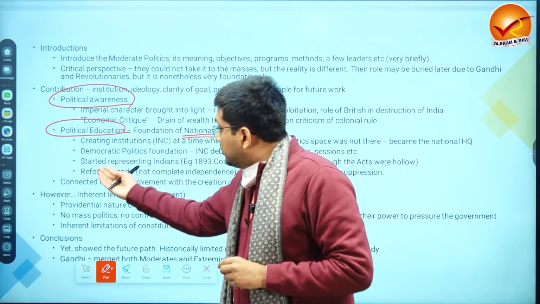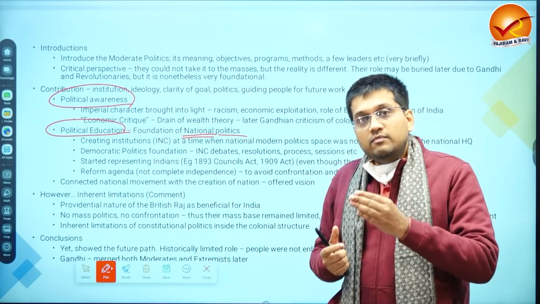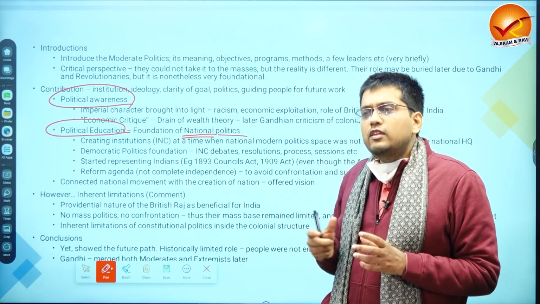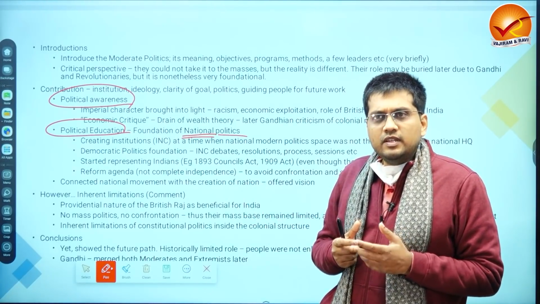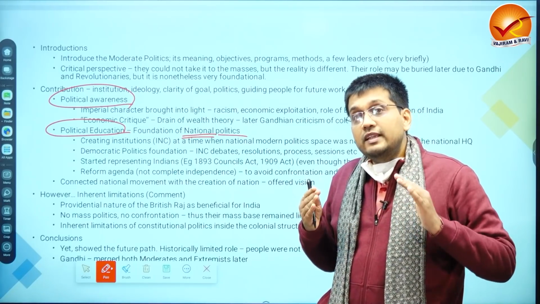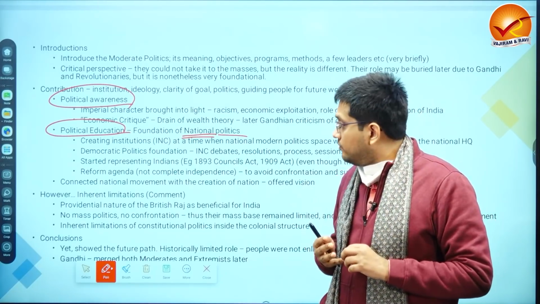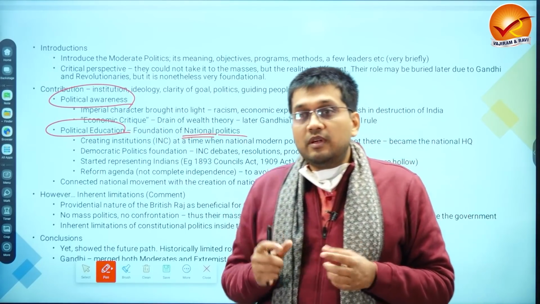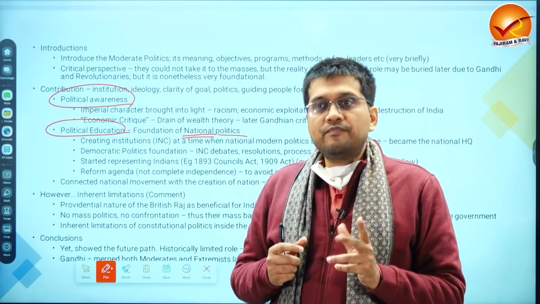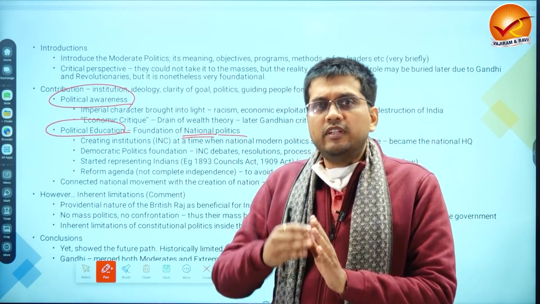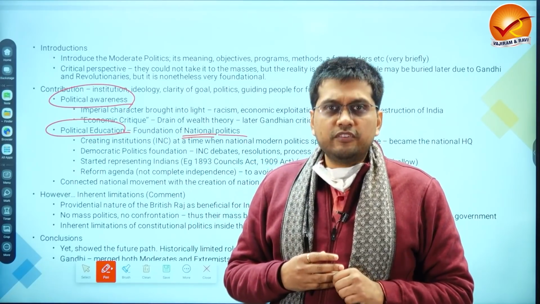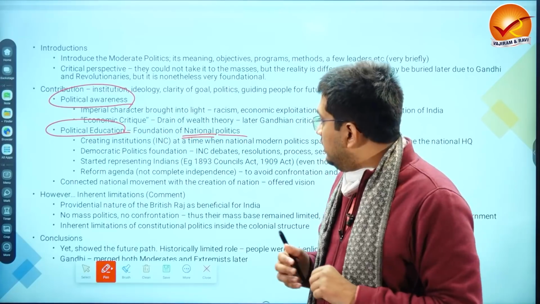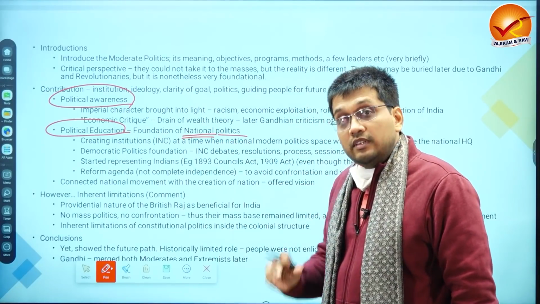You have them starting representing Indians in the bodies created by the British government through various acts, although they were very hollow acts, not very effective. But the process has started. Indians now feel that they can be represented by their own people. And then they have the reform agenda. They don't have the complete emancipation, complete independence, Purna Swaraj formula, but they go for reform to avoid the direct confrontation with the British Raj. That's the second basket. And the third basket is because of these two things, they actually